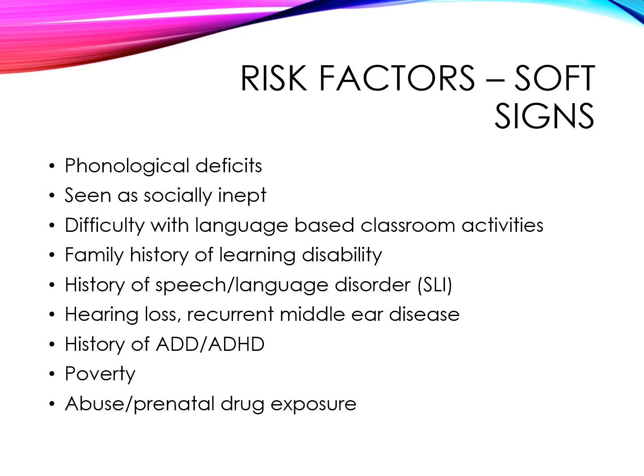The next sign is a child who is seen as socially inept. This could be because the child is not comfortable with language and using his language. The child will have difficulty practicing and using social skills. We can also see a child who has trouble in the classroom with activities that involve language, such as following directions and being able to answer questions. If there's a family history of someone having a learning disability, this could be an indication that there is a group of genes in the family which result in a learning disability.